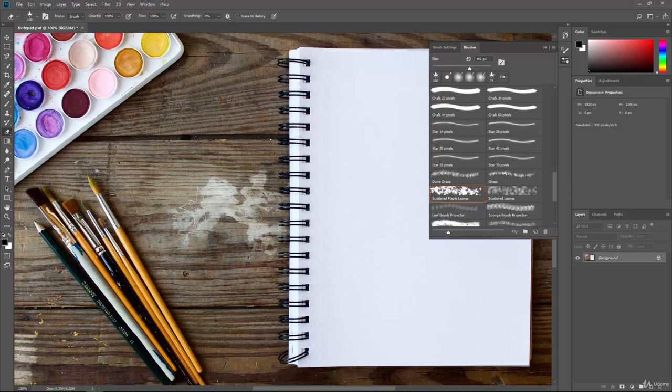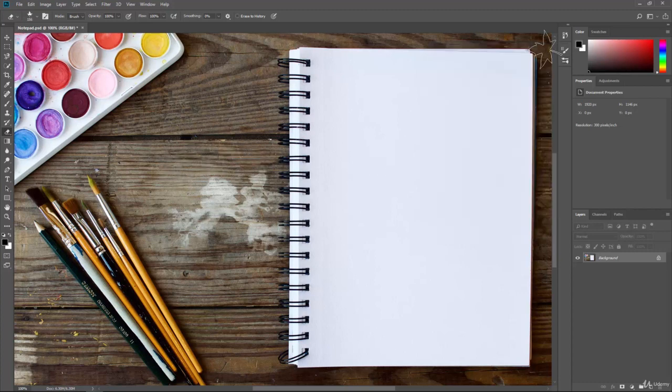Now, a little bit later on, when we start going through the different tool sections and getting really detailed information on these different tools and the individual brushes, I'll go a little more in depth on how to use these properties and how you can use them. But I just wanted to go ahead and give you a brief overview of the different ways that brushes are used inside of Photoshop so that you can begin experimenting with them, either painting or drawing or using them however you see fit.